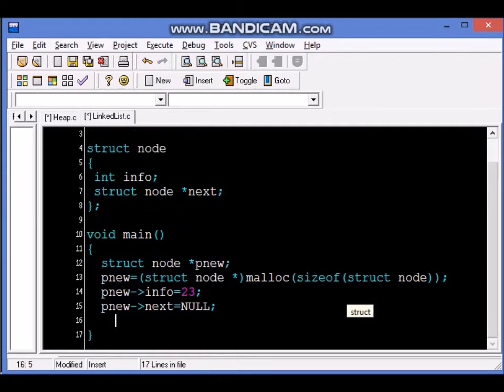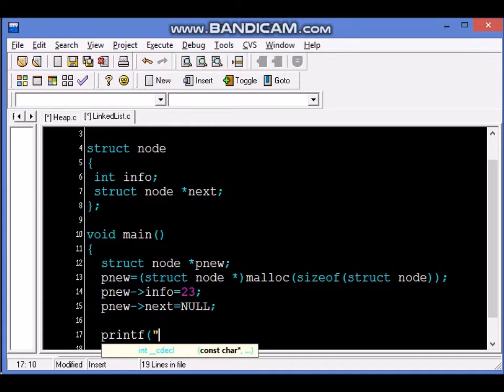And that's it. We have declared one node, we have created the node, initialized it, and we'll see whether this code is still visible. And I recommend students to learn linked list by coding like this. Don't take the whole code from the internet and implement it. It will be ideal that you do a step-by-step approach and see whether your pointers are getting allocated, see whether the connections are getting created. And I could say pnew